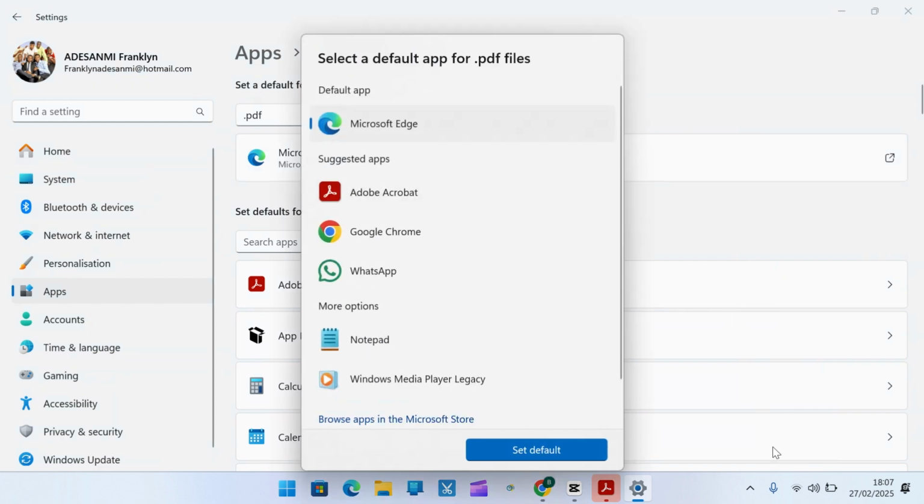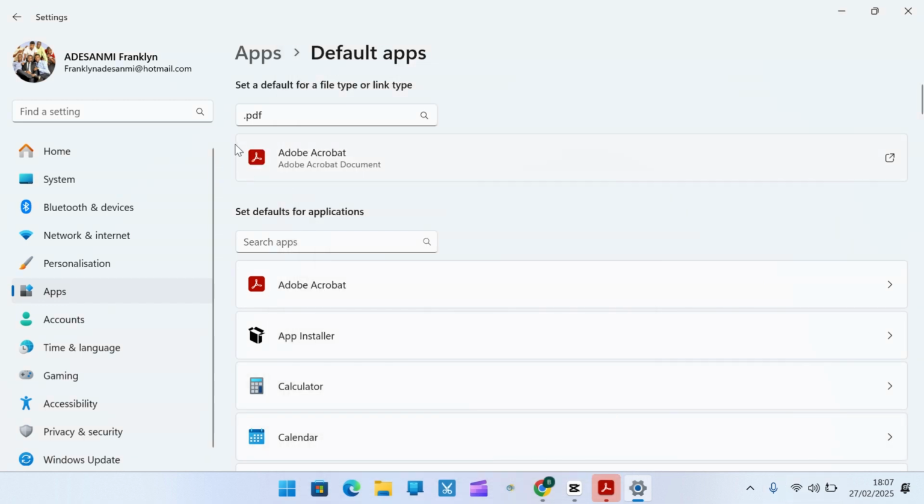Then you should see this menu pop up. On the menu, you should see Select a default app for PDF files. Then locate and click on Adobe Reader or Adobe Acrobat under Suggested apps. Once you click on that, the next thing you want to do is go ahead and click on Set as Default. Then once you have .pdf file here, and then here you have Adobe Acrobat or Adobe Reader,